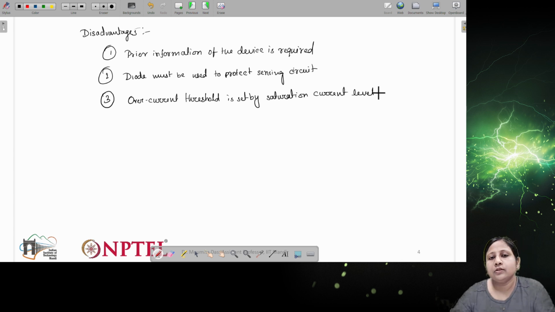Now we need to have this information of the saturation current level, and this will vary case to case, means device to device. So if we are implementing this desaturation block, we cannot use the same block for all the devices. Depending upon the device type, the current level will change, and also the saturation level will change.